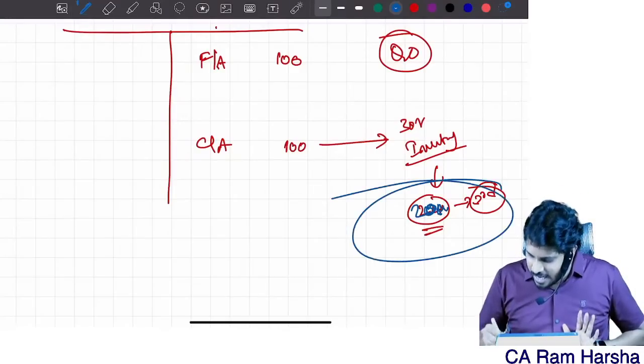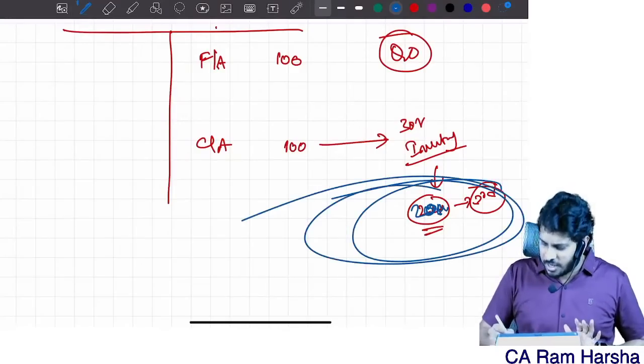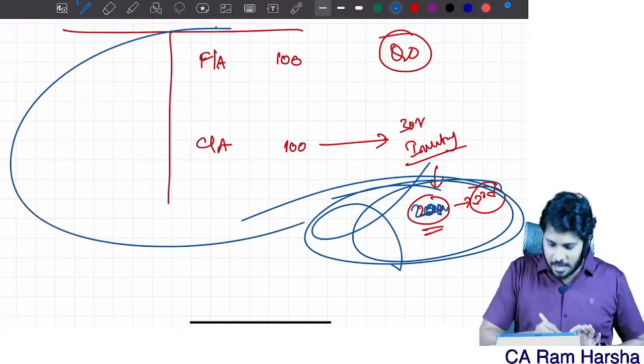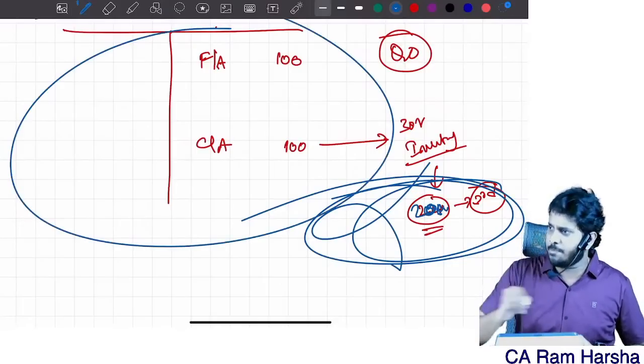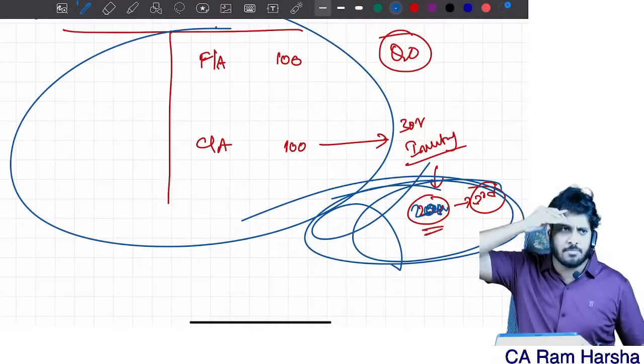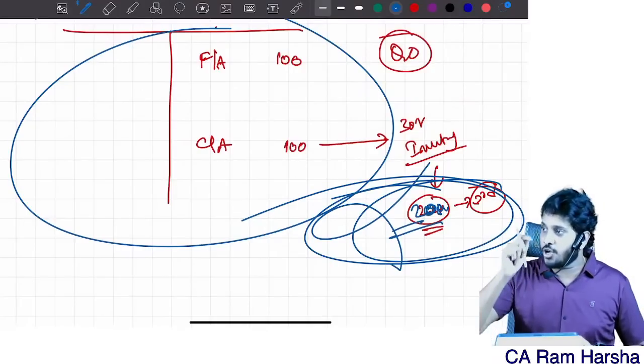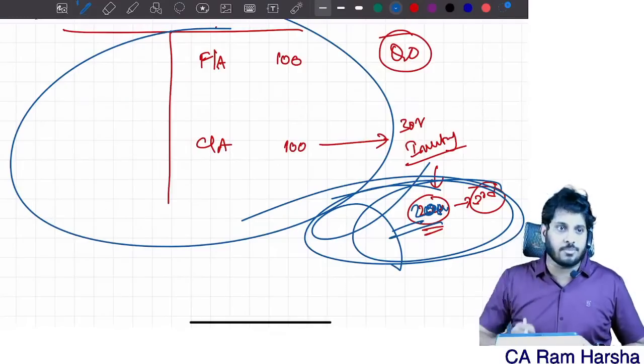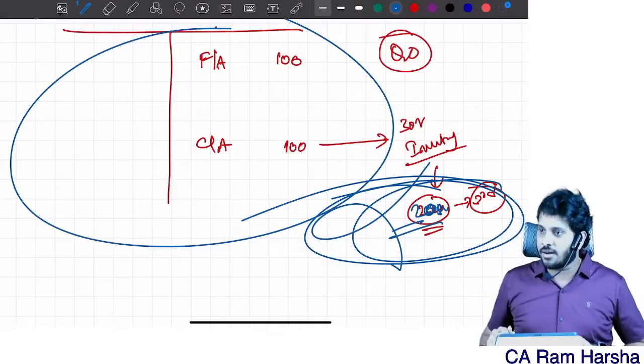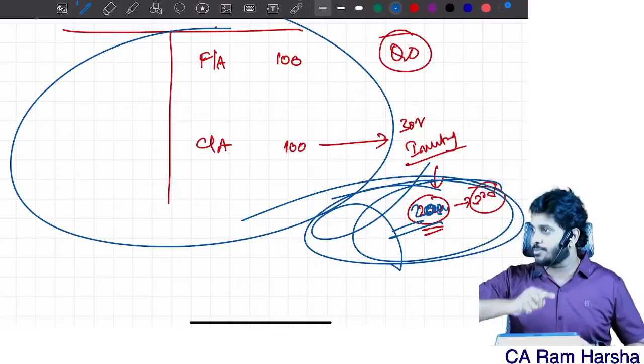This is a material item, not just material, it is pervasive. If at all this goes wrong, the entire balance sheet picture will be wrong. Entire P&L will go wrong. Shareholders' decisions will become completely different. Such a big item, you're not giving me access, you're not giving me information. How can I give opinion? I will not give opinion if you don't give me information on this.